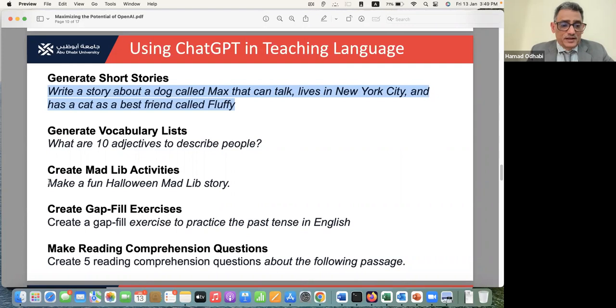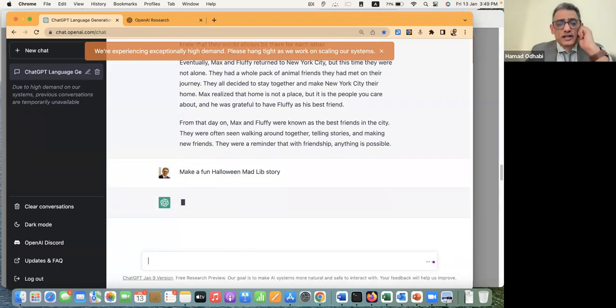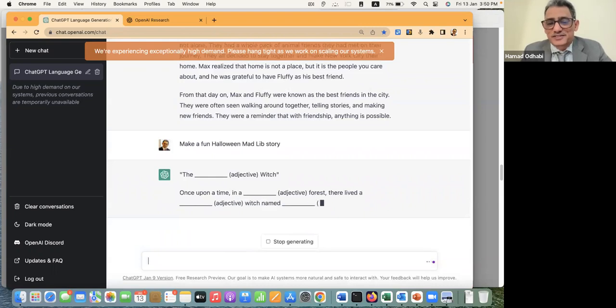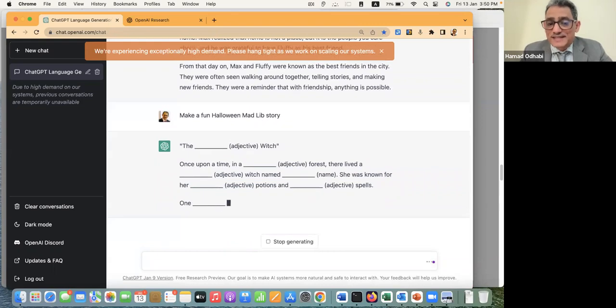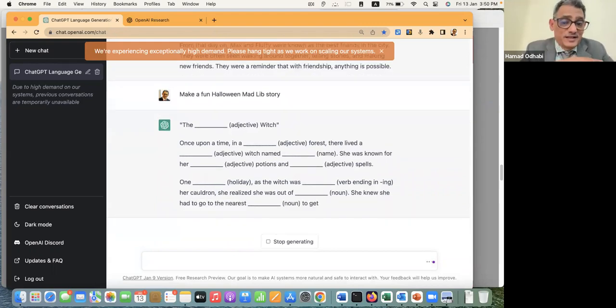This can be another nice activity which they can do. I think we have the story there. Let's say make a fun Halloween Mad Lib on a story, and then it will create this activity for your student. So that's it. You don't want to spend too much time. It's there, and then they can now start practicing it. So you will engage them to the maximum. In fact, you can take this and put it in